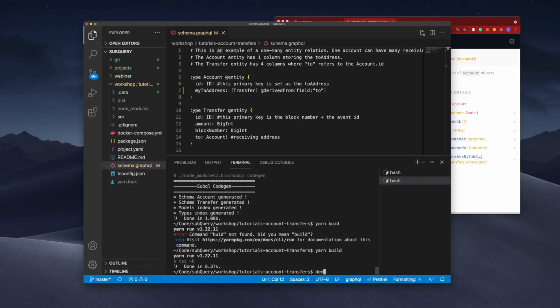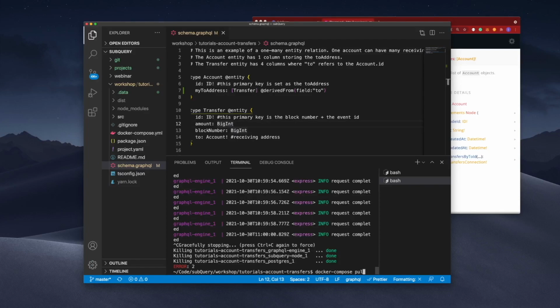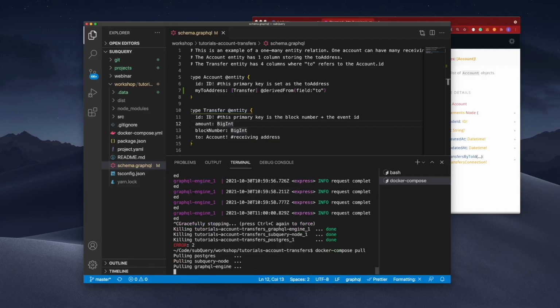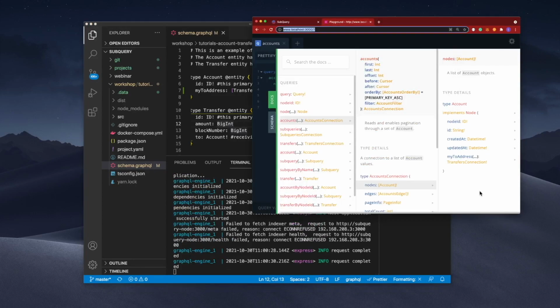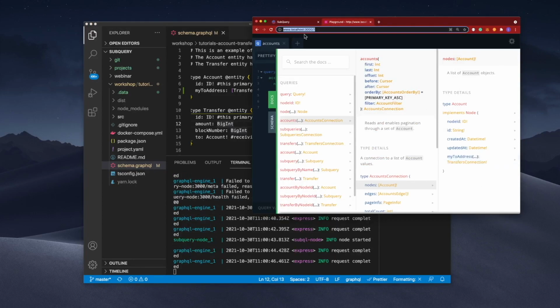And if you're not using Docker but you've got your own local node, you'll have to point to a new database. So let me repull this. Start the node again. And here you can see, after doing a refresh, the myToAddress has appeared within the account object.